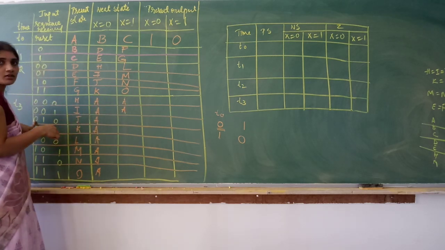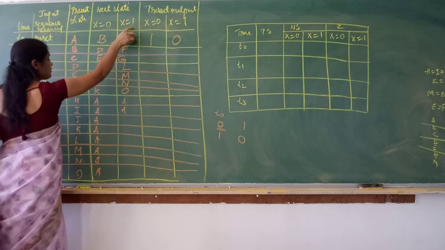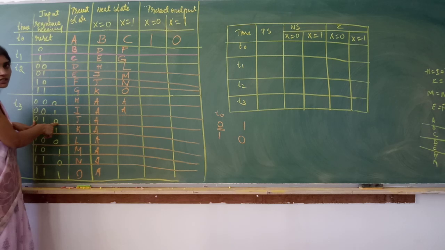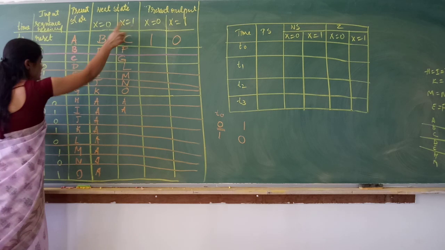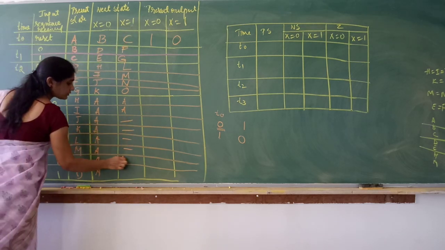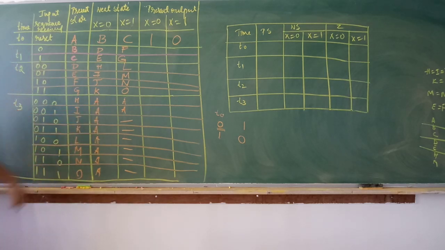1 0 1 0, is it a valid input? What is the input? 10. In BCD we should receive the inputs only from 0 to 9. If we receive 10, 1 0 1 0, it is don't care. Or you can even write X. Okay? What does dash indicate? Dash indicates it's a don't care. Correct? So that is how the next state will be filled.